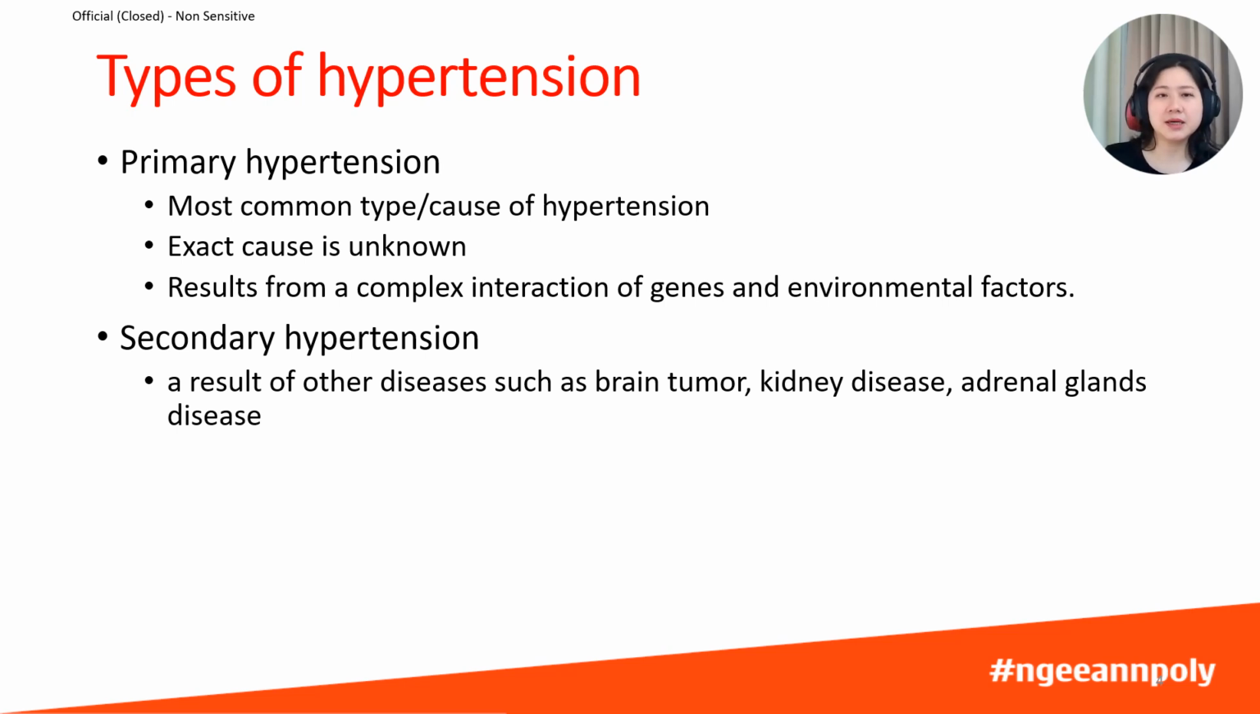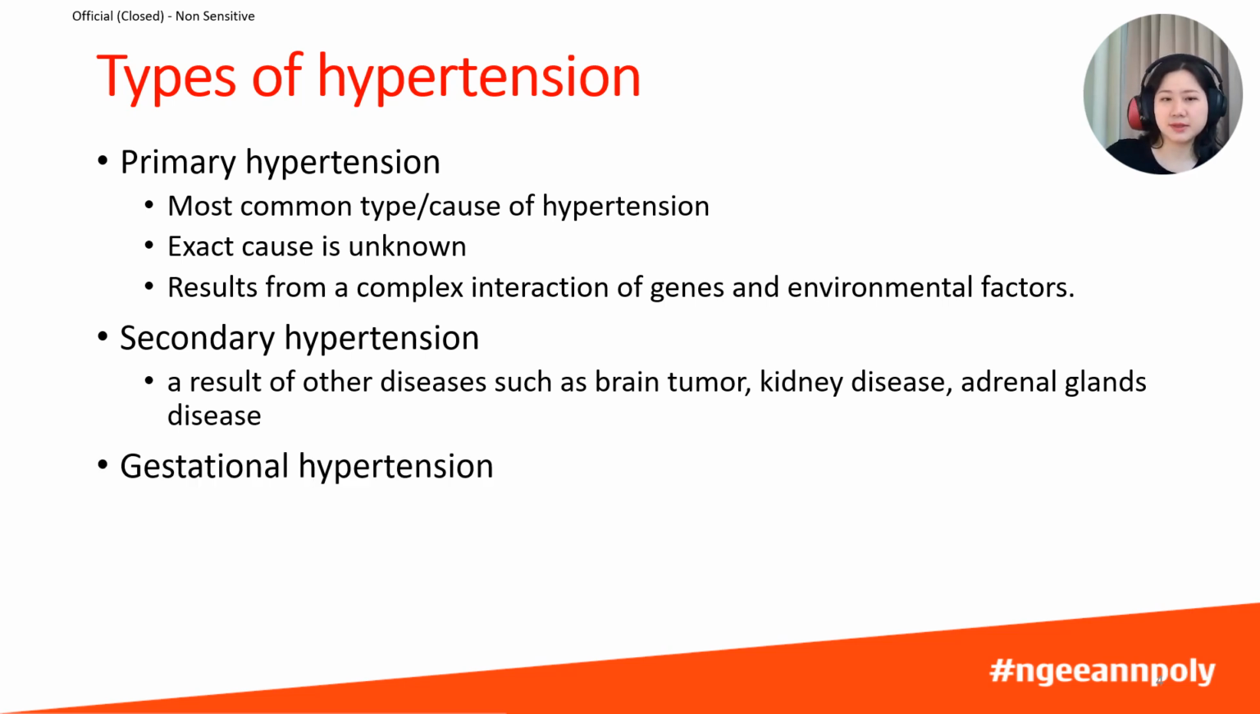Or maybe a person has kidney failure. If the kidneys are unable to excrete the excess water, then the blood volume will increase, which then causes hypertension. Or let's say someone has a disease of the adrenal glands and is overproducing the hormones epinephrine and norepinephrine. That will also increase the blood